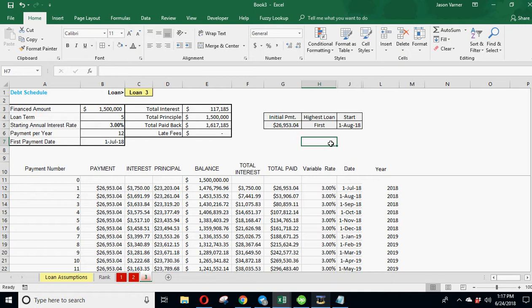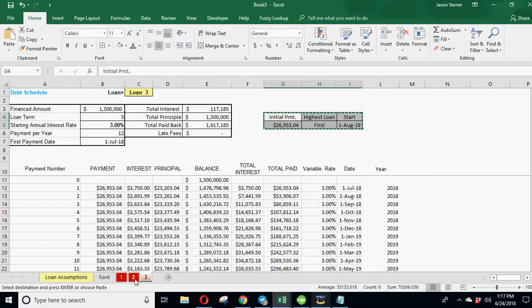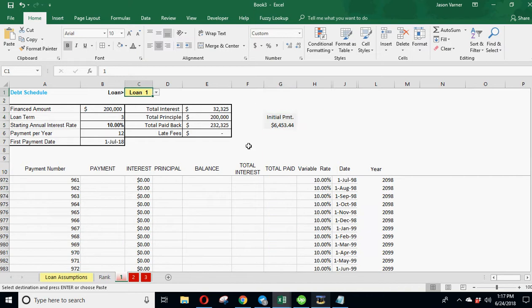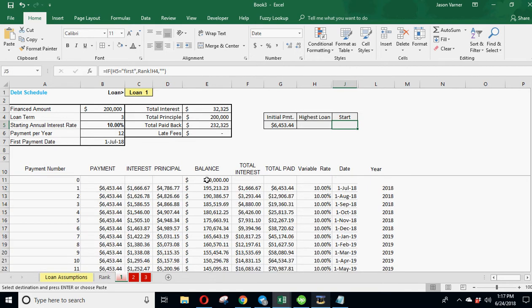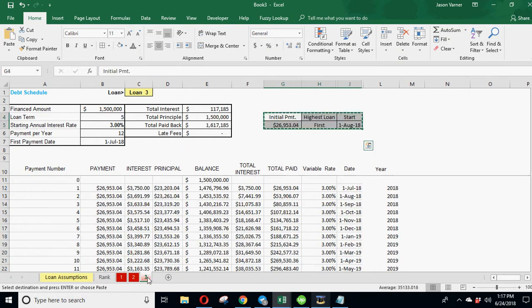And let's just put all this into G4. Now I can see why I shouldn't duplicate all these until I'm actually done. Okay, so these are both blank, so that's not going to be the start. We're just going to keep paying this like normal. Loan 2, that's not the start. We're just going to keep paying this like normal. Loan 3 up first, and here's the start. So we need to start